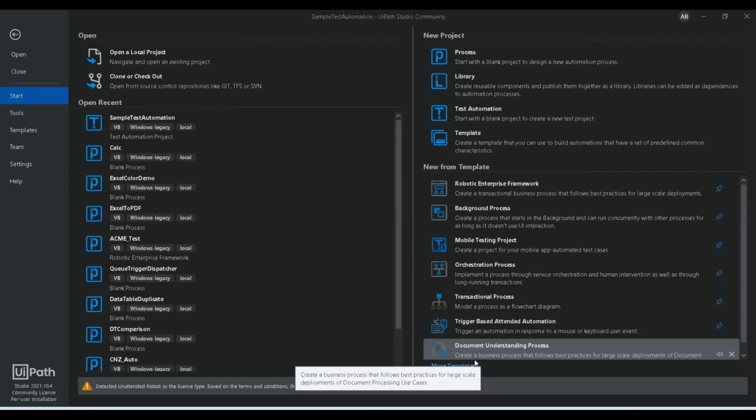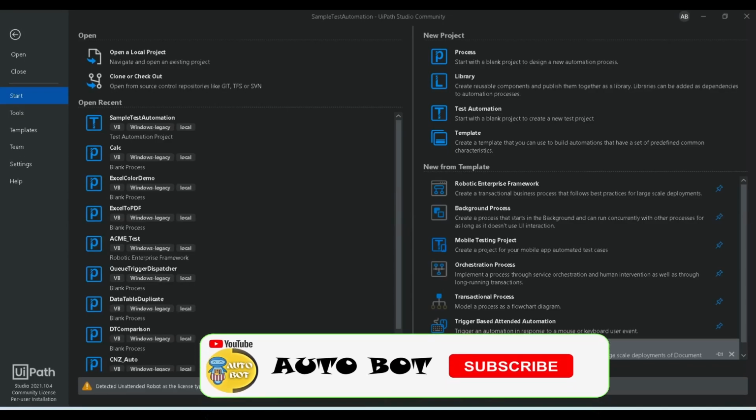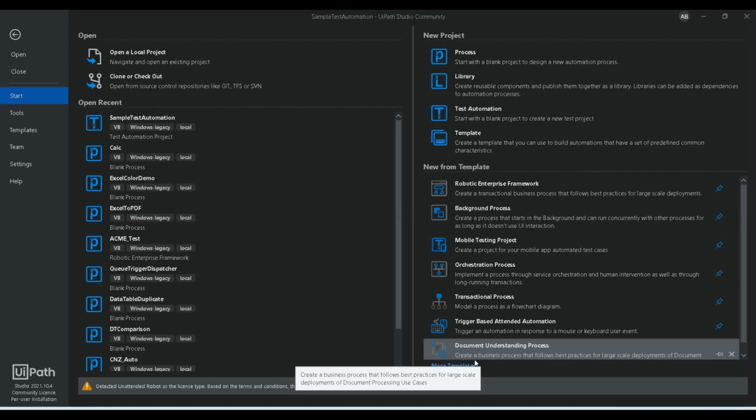So in the last video, we saw how to create a test automation suite, the different features of test automation offered by UiPath, and the different activities. I also mentioned that we can convert a workflow to a test case, add a data set, and test it with both negative and positive test data. In this video, we are going to see how you can convert a workflow to a test case and how you can add the test data to your workflow